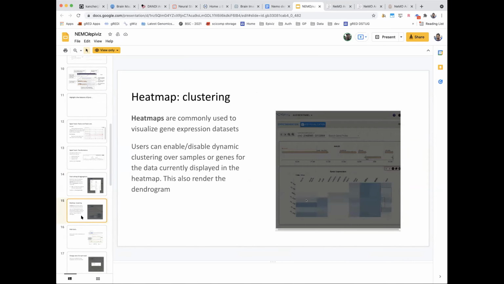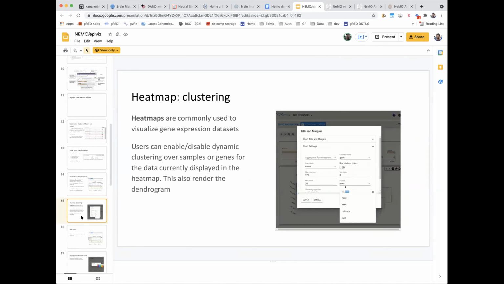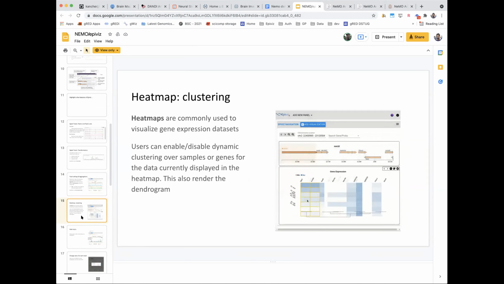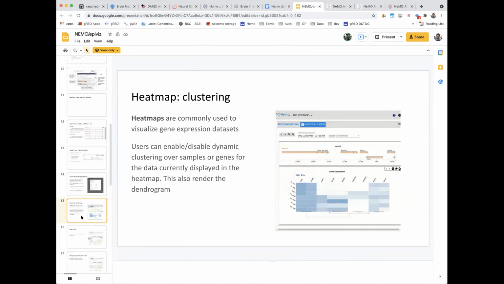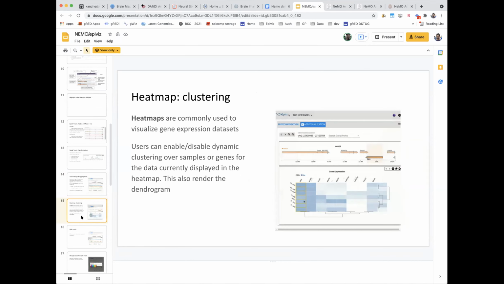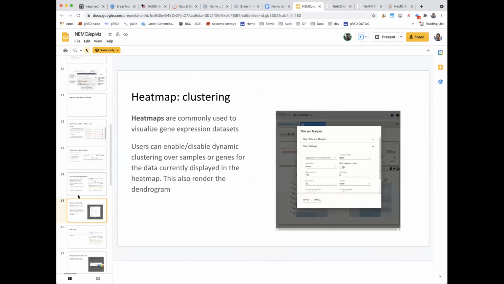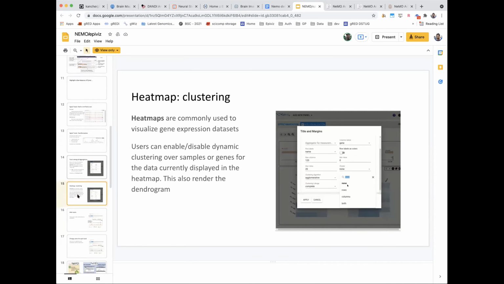On heat maps, we also provide a lot of clustering metrics. By default, the heat maps cluster by the sample or by the cell cluster. But you can also choose to cluster by samples or by rows, and there are different clustering methods that you can use to customize these visualizations.